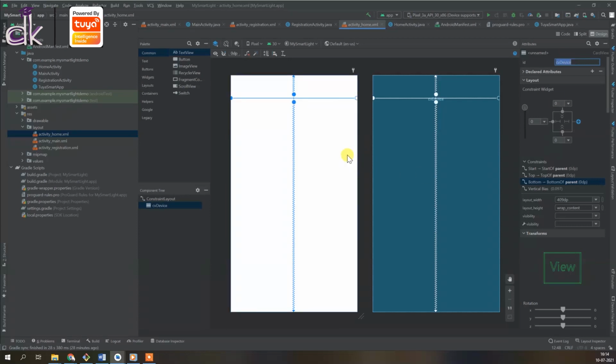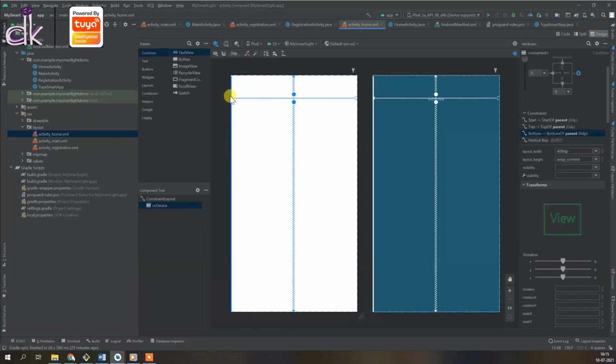Okay. Now note that since I'm just controlling one bulb, I've just added a card view for simplicity, and this card view will be loaded with just the device name, just the one device that I'm working with. Now in case you have multiple devices, obviously in a smart home you could have multiple devices. So in that case you would actually create a recycler view here, and then you will need to create another layout for the card view and then set an adapter that will load the recycler view and all that. Okay, but in this case for simplicity I'm just going to use one device, and the assumption is we are having only one device and just one card view that will be loaded.